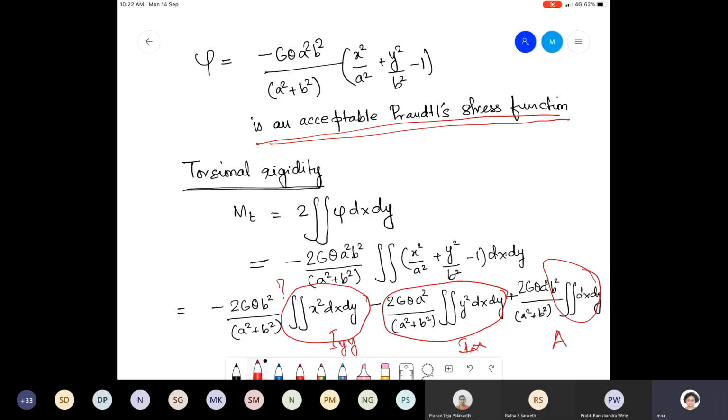Okay. So we can always find IXX, IYY and the area of the ellipse. We know how to find it. You have done it in your first year mechanics, so I am not going into the details of it. If we solve this equation, then we are going to get MT in terms of